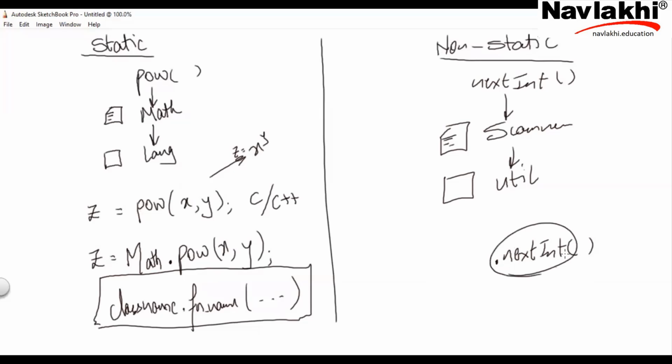Now this is a little tricky part. I know the nextInt function is in Scanner. Like for example, I know water bottles are carried by humans. If we generalize, humans is a general category. You are a human, I am a human. So what is humans? Humans is a category. It's a blueprint. It's a plan. There's a definition for humans: how they should look, how they should be, how they should behave. There's a guideline. So there is a guideline or a plan already as to what humans are, a blueprint already. And then we are instances of that plan. You are a human being, I'm a human being. We are instances of that plan. And we carry a water bottle, whatever it may be.